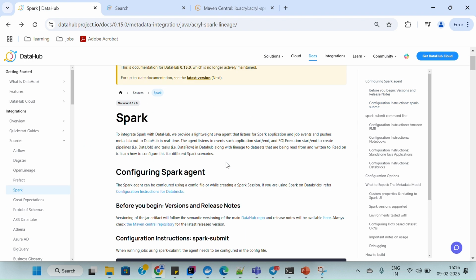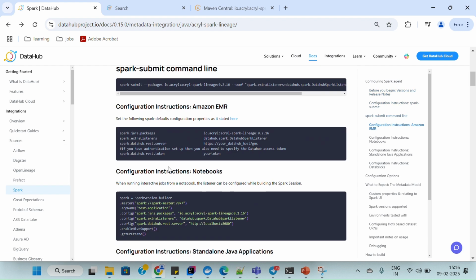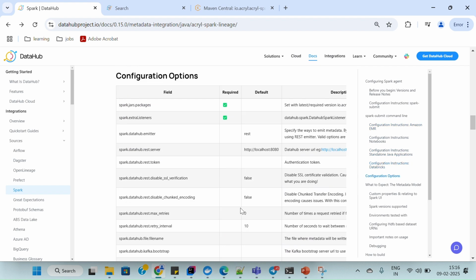If you go to their official documentation, under sources, Spark will be there. You have to set the jar, this particular jar, whichever jar version you are using. Then the extra listeners, that is the DataHub Spark listener, you have to set that. Then if you come down here, packages we have mentioned, and extra listeners. The extra listeners is nothing but